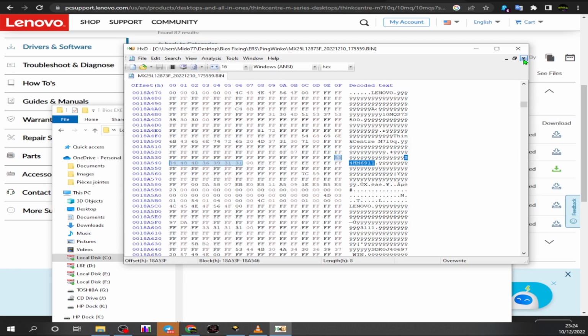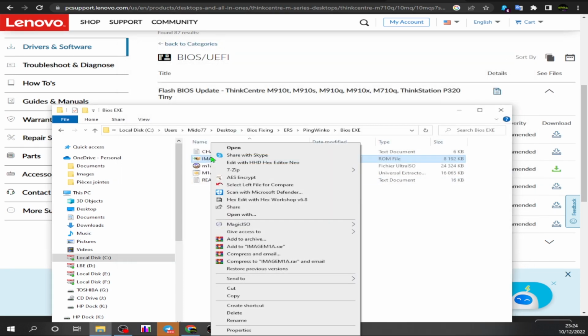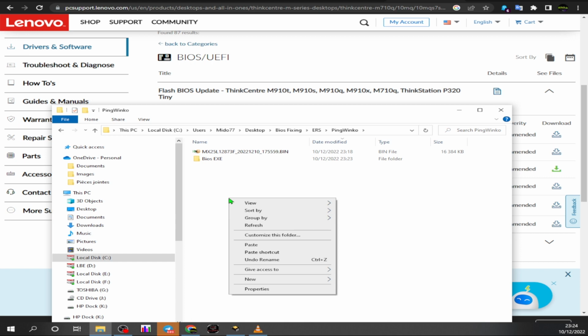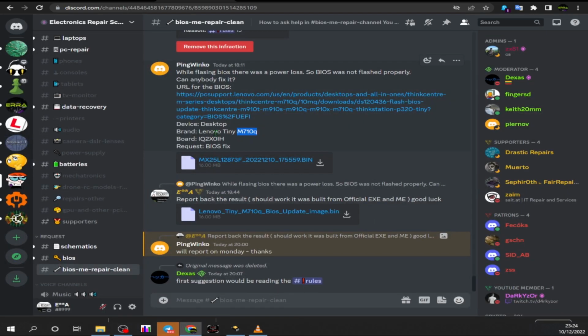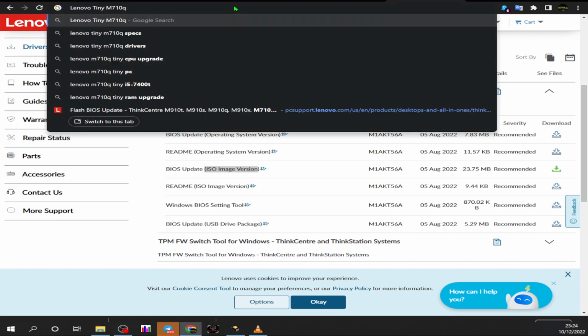Let's close. Let's copy this image, just copy. Let's keep it there and let's put it in the main folder where we have the original BIOS image of our machine. Now what we need is to search for the ME region of this one. So Control V, and